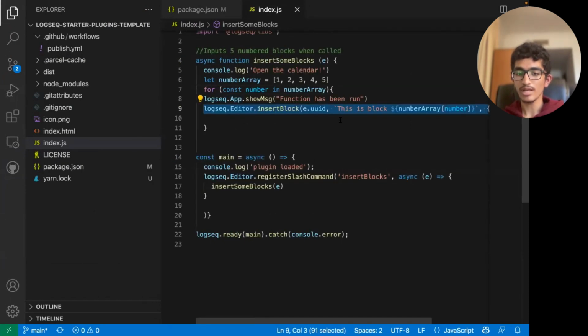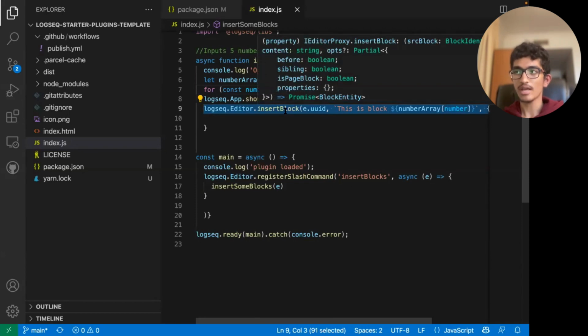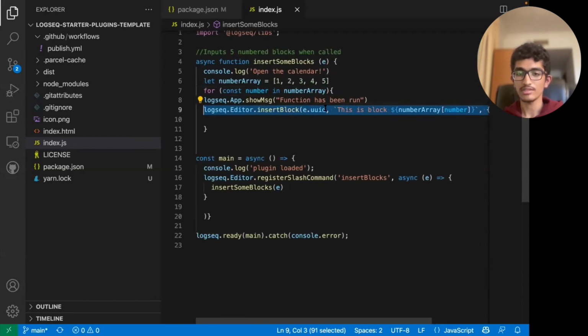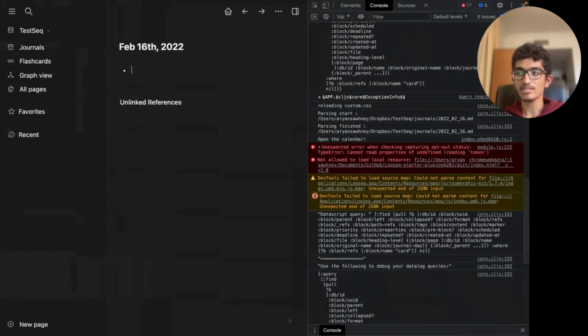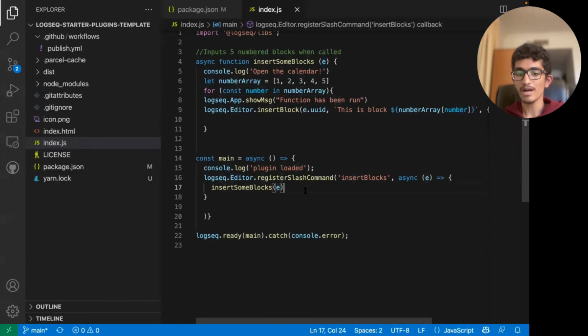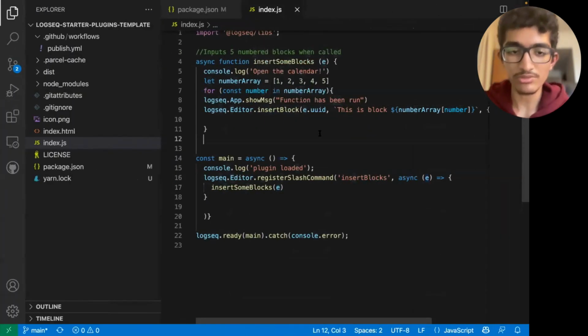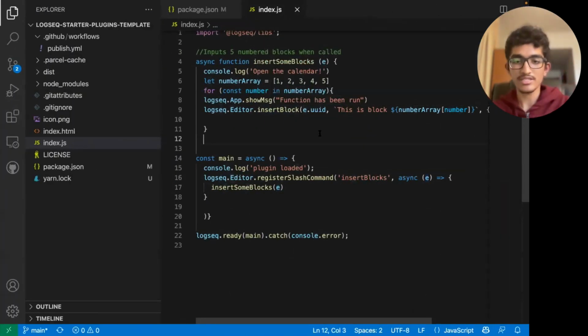And right over here, what happens is that the Logseq app is inserting at the block that is being called. So think of E as the block that's being called. When you pass in E to the function, it basically passes in some properties of the block from which it's being called. Now, this probably isn't something that you need to know at the moment, but essentially